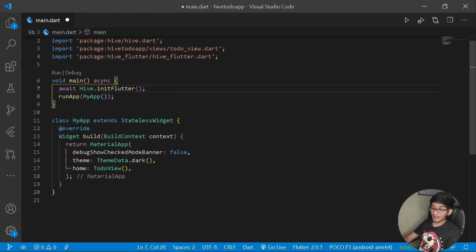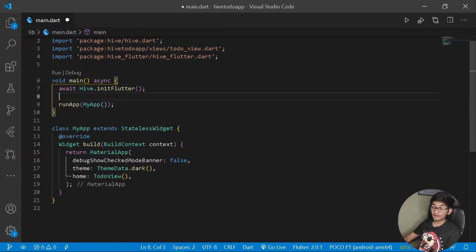After initializing our Hive database, that is the module, we need to open a new box under Hive. Now consider a box just as a table that we declare under a SQL database. The box under Hive shall be consisting of all of our data that we need to provide to our Flutter app. So for doing that, I can simply say await Hive.openBox, and here you can give it any sort of name, but here I will give it the name of our box, that is database to-dos.